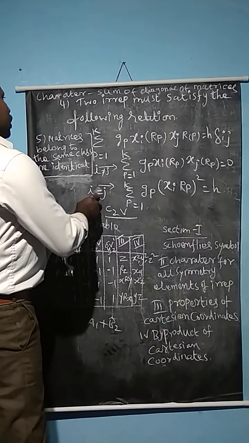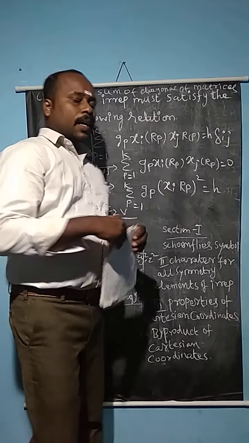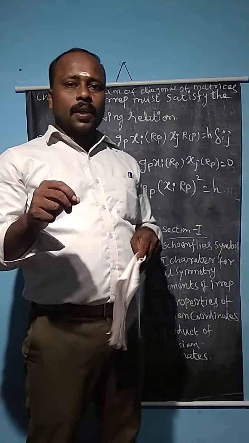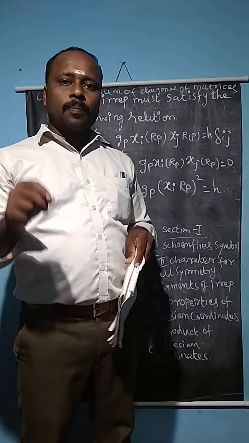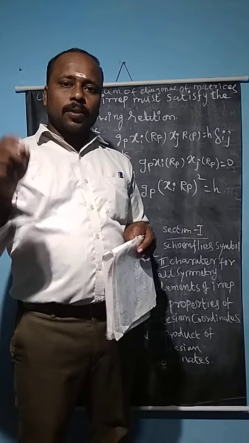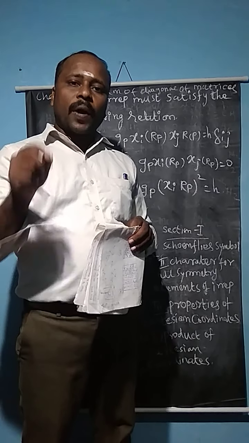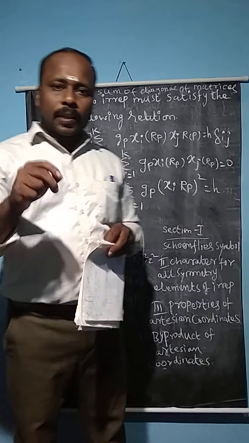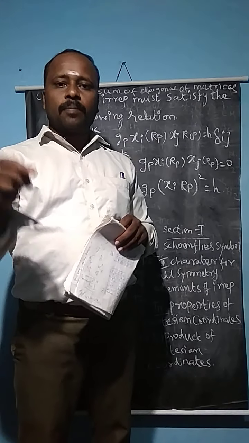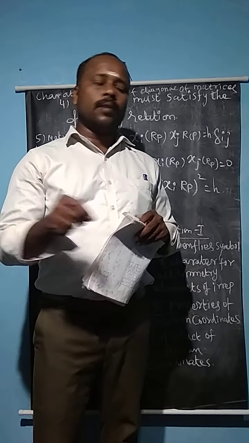So next one is the character table. How to construct the character table for C2v molecules, because the character table is an important property to explain all the symmetry elements associated with the particular molecule by way of the point group. Point group is nothing but all the symmetry elements combined to form the molecular group. That molecular group is actually called a point group.